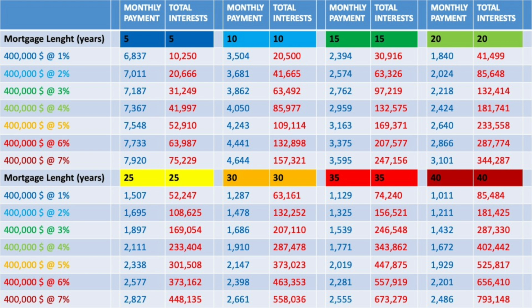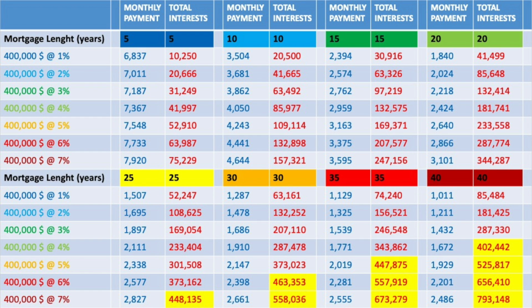If we calculate different combinations, from 5 to 40 years length, and from 1 to 7% interest rate, we get an interesting table. If the interest rate is 1%, and we select a 20-year mortgage, we have a monthly payment of $1,840, and a total interest amount of $41,499. If the interest rate is 1%, and we select a 40-year mortgage, we have a monthly payment of $1,011, and a total interest amount of